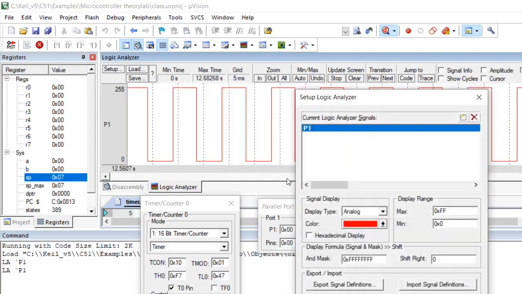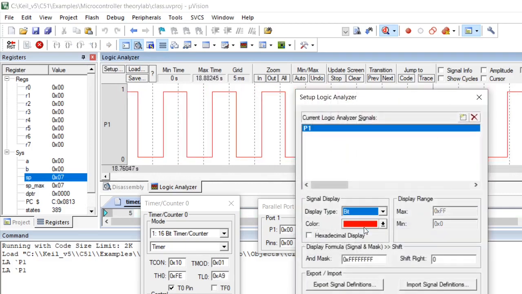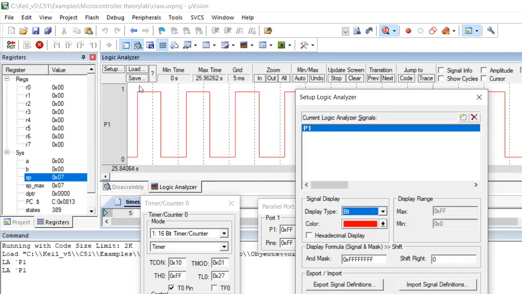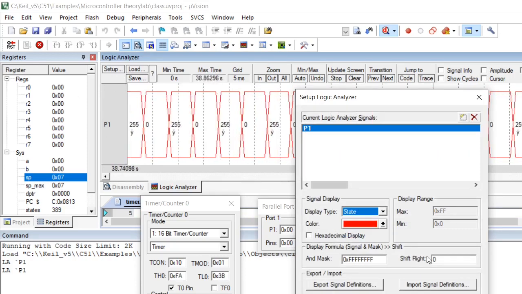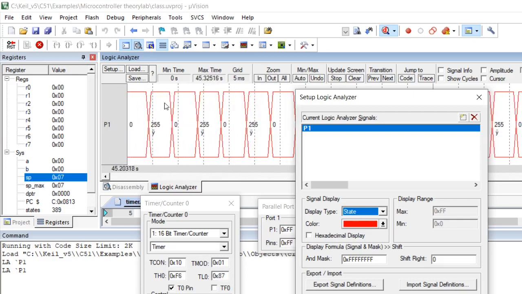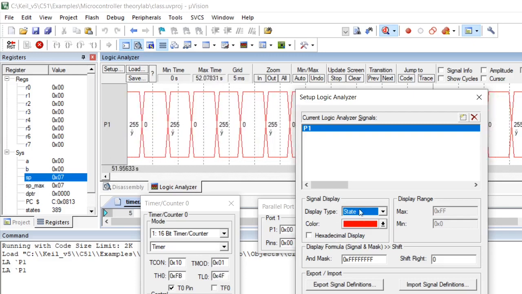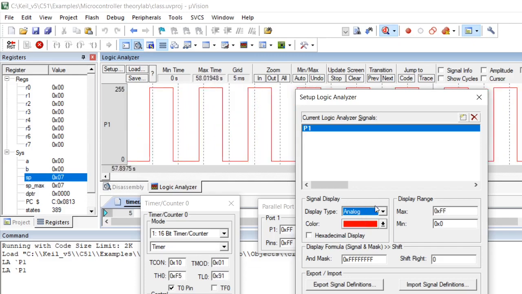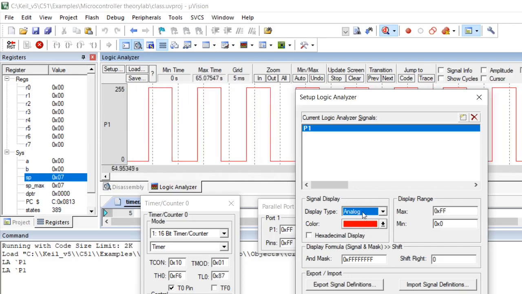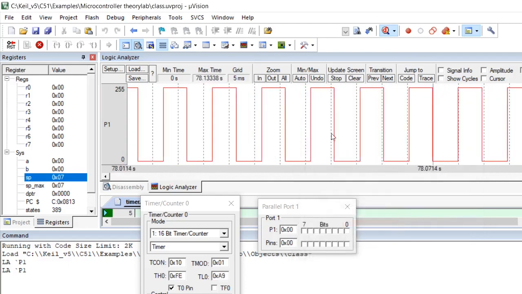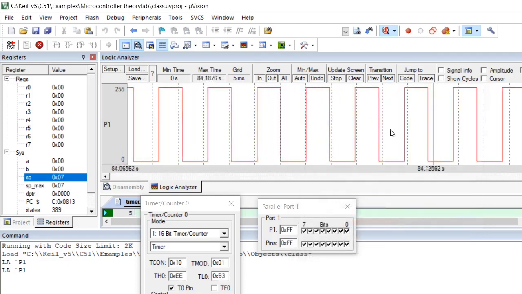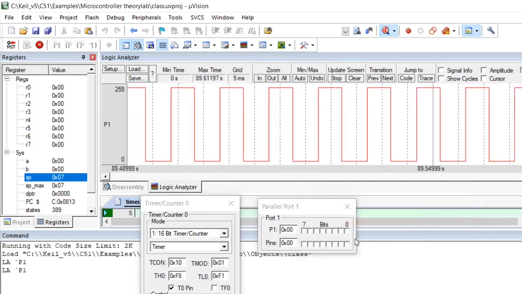Suppose I want to see bit by bit, 0 to 1 to 0, I can see that, or else the high state and low state, if I want to check that also, it is possible. I'll be using this analog feature, so that I get the exact output when I execute the program.